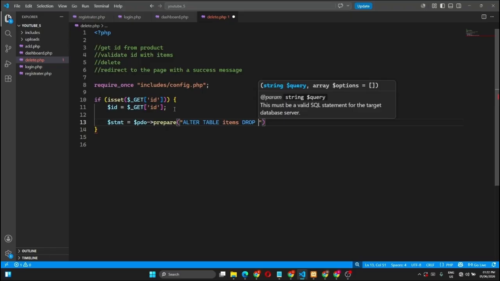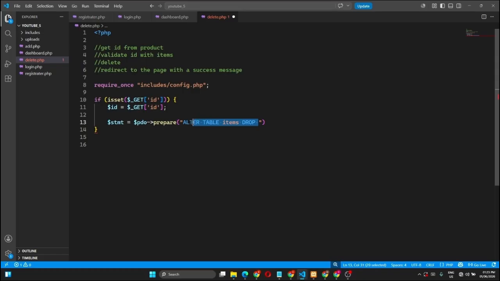How am I going to call that row? I need to drop the row, right? ALTER TABLE DROP row. Nah, it ain't like that. I've forgotten, it's been a while. My bad, people. ALTER TABLE mostly comes with updating a column, adding a column, updating a constraint and stuff like that. But with deleting a row, I think we're going to use DELETE FROM items WHERE id